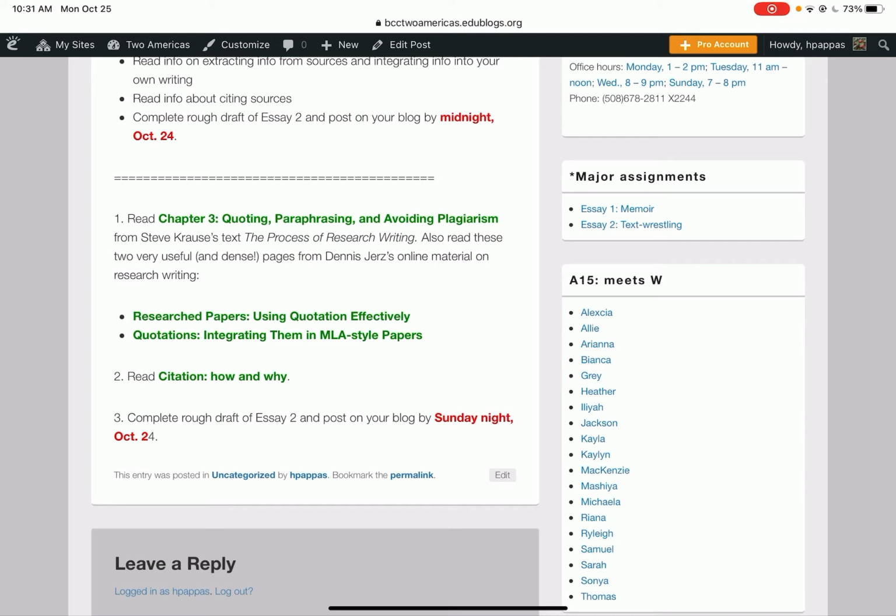So again, the purpose of this assignment is to go through the steps of the research process: generating a research question, finding some sources or a source, evaluating that source, extracting information from the source, integrating it with your own words, and then citing the source, both the in-text citation where you say within your paragraph where the information comes from, and constructing the works cited, which in this case you should have at least 2 works, if you find one source of your own and then cite the article that I gave you. Okay, so that's the basics of the week's work.